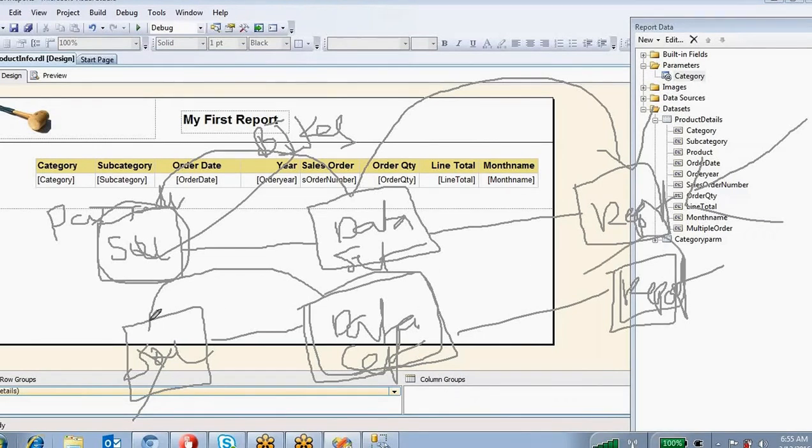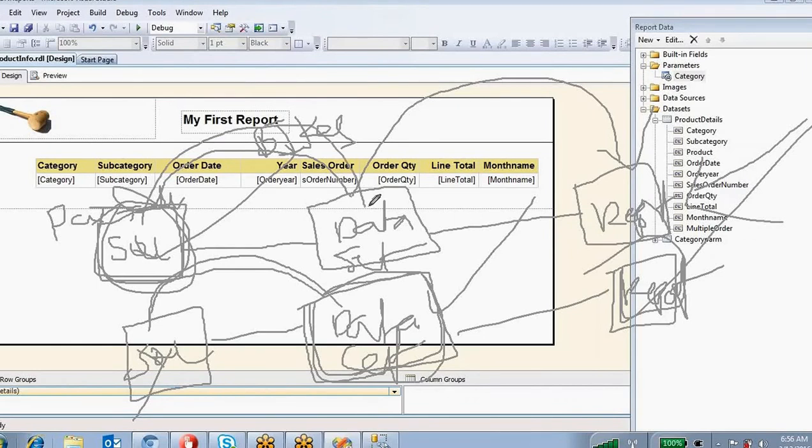Okay, so this time, if you observe here, it will take a lot of data from SQL Server. It is time consuming and a memory issue also. It will take all the data into the data set. Up to the data set, it will filter the data at data set level or report level, because this is not a query level parameter, this is a report level parameter. But with a query level parameter, it will filter the data at database level only. It will take only the data you require. So that is the difference between the query level parameter and report level parameter.